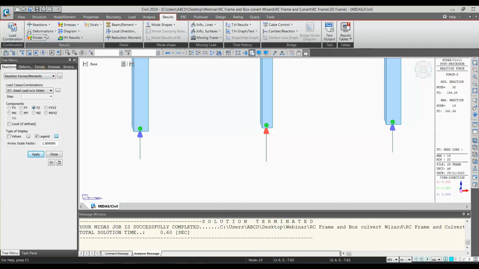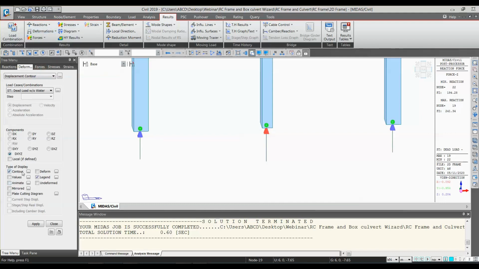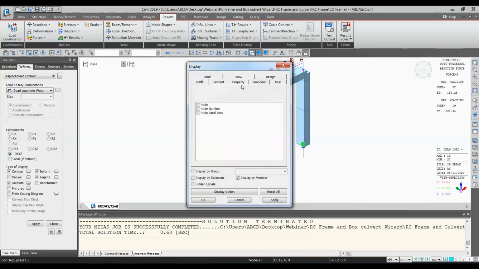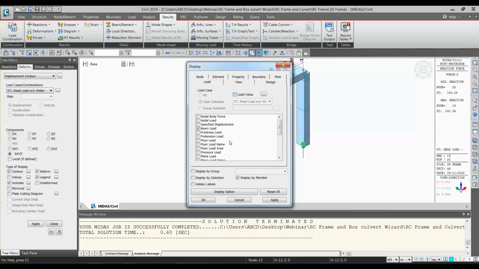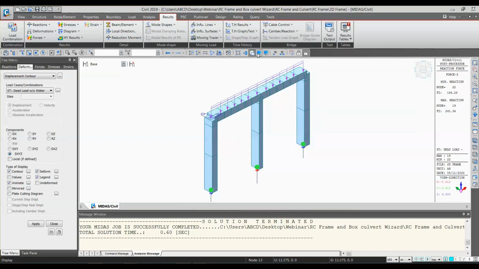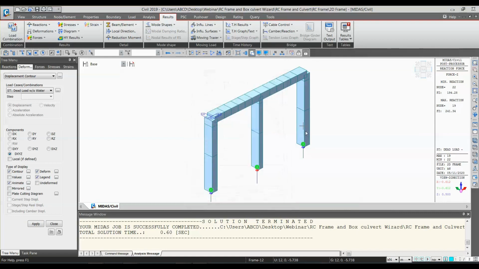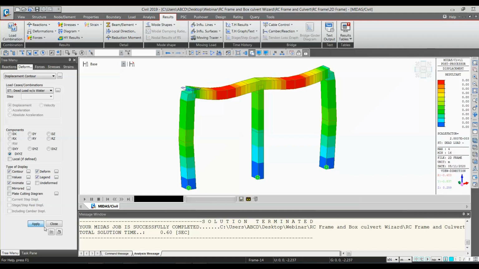Okay, now let's see the deformation shape. I will go to displacement contour. I'll check on the animate option as well, and I'll just check off the loads. Okay, and now I'll click on apply.